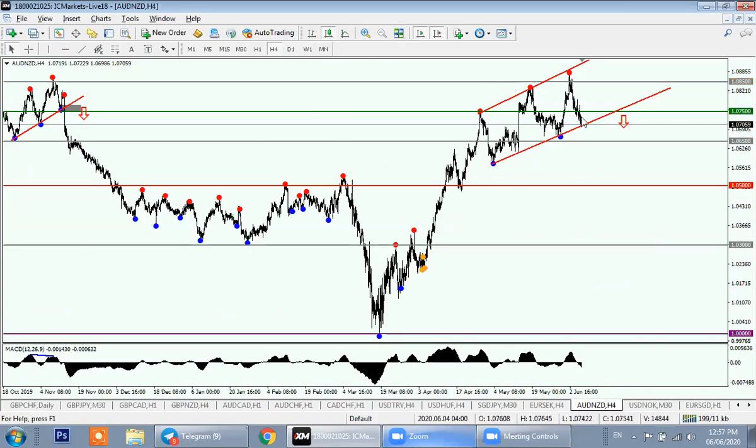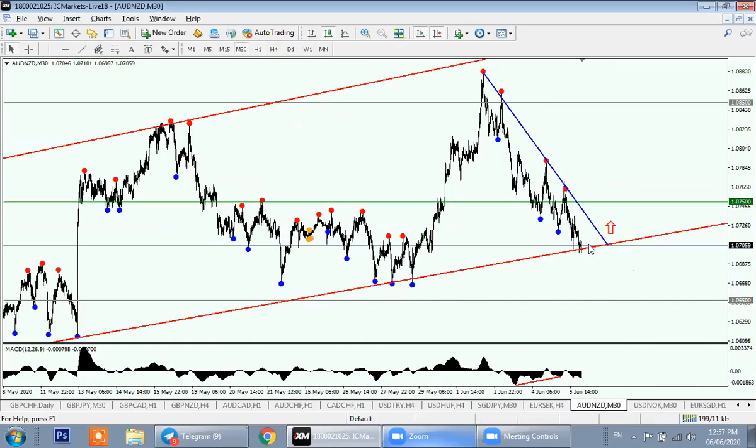Here we have a channel. We are waiting for a third dot to form around it, and then sell on its break downwards. On M30, price formed an objective trend line, and we have a divergence. So we can wait for a new dot to form around here, and then enter on its break upward